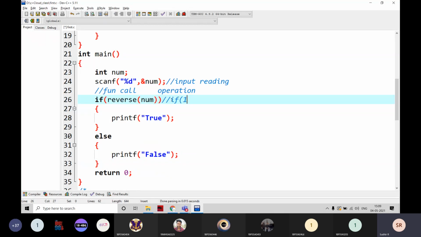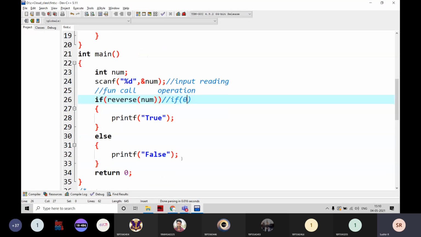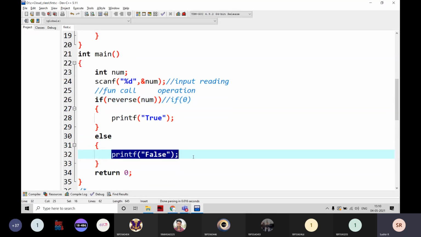Is if of 1 true or not? Yes, true, sir. If it is true, then that block is executed. For example, if it is false, it is going to return 0 here. Then if of 0, that means the false block is going to be executed. That's why I am going to write like this.